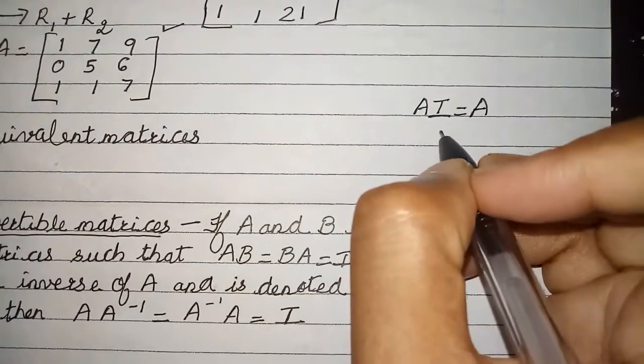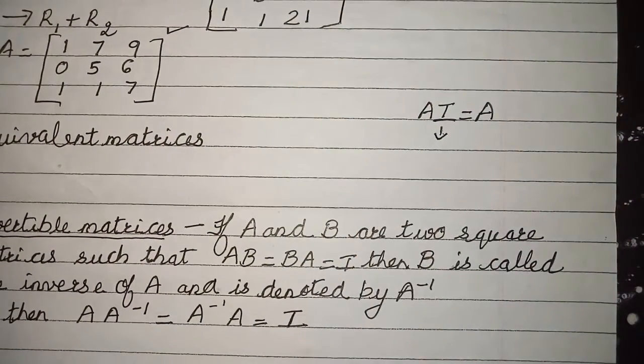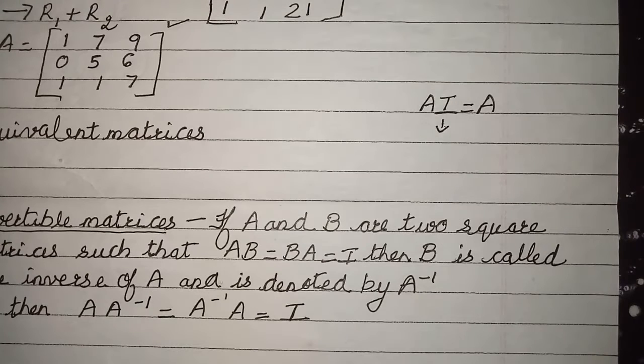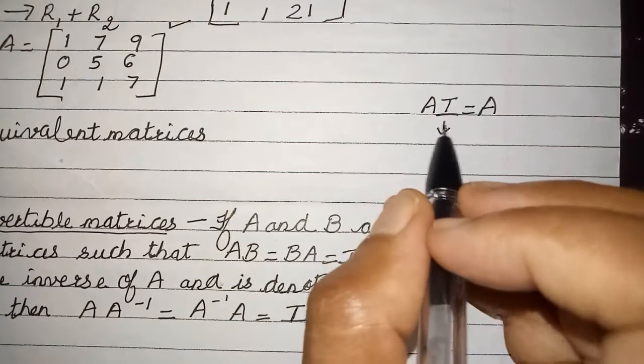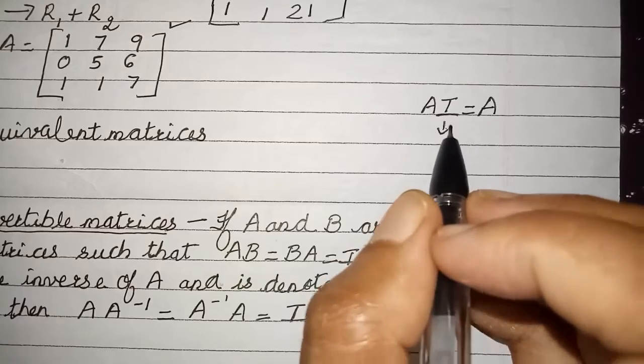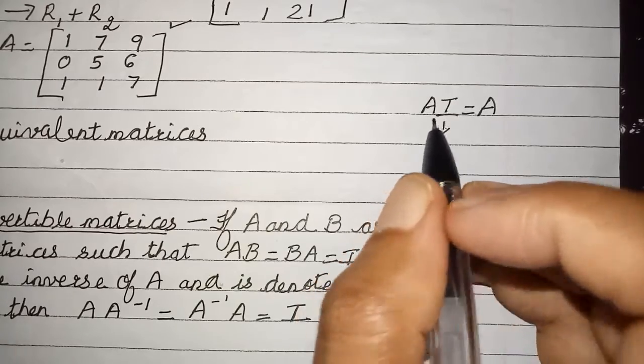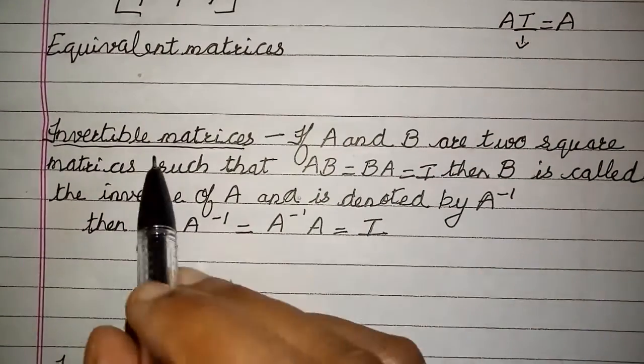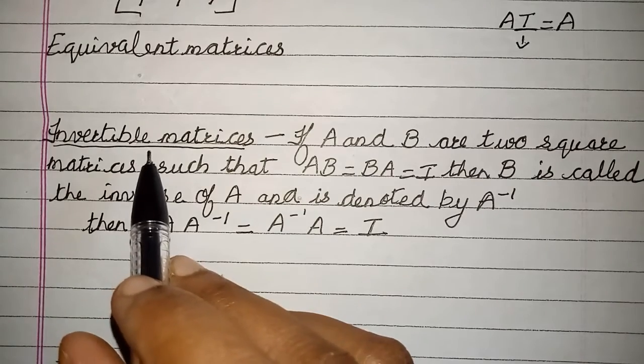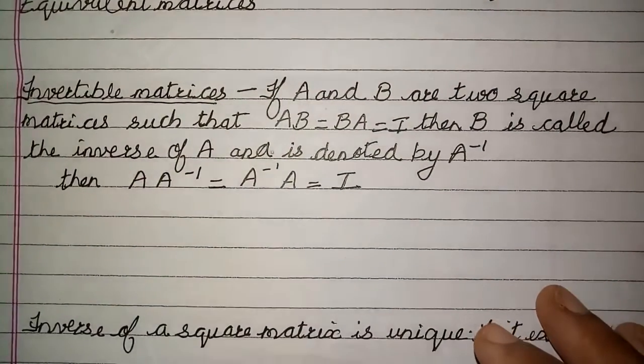If you remember, this was called the identity matrix, and at that time I told you that every matrix may not have an inverse. When we talk about identity, if it is additive identity, you speak about additive inverse. If it is multiplicative identity, you speak about multiplicative inverse. But here it is multiplicative identity, so the multiplicative inverse will be there only if your matrix is invertible. That means it has an inverse. So now how do you find out whether it has an inverse?